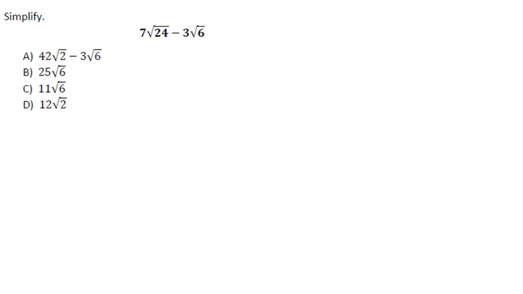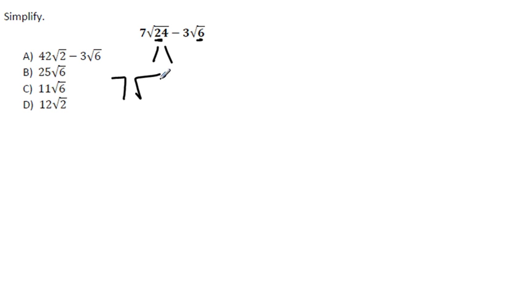In this problem, we are attempting to subtract two radical or square root expressions. In order to subtract radical expressions, we must have like radicands, which is a value underneath the radical sign. Notice we also have coefficients. The 7 and the 3 are our coefficients, so I'll have to take those into account when we try and